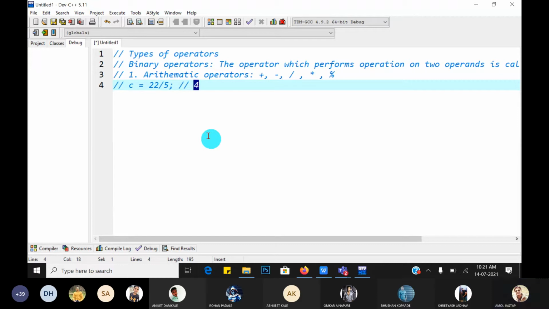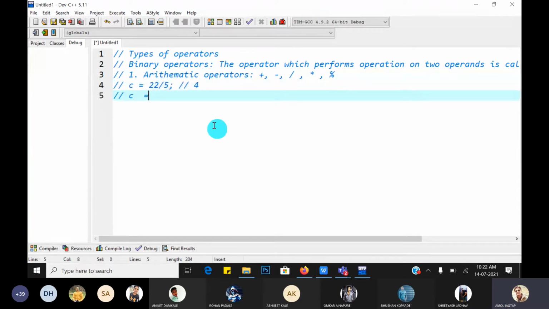The division operator gives you the quotient, while the mod operator, if you write C = 22 mod 5, gives you the remainder.